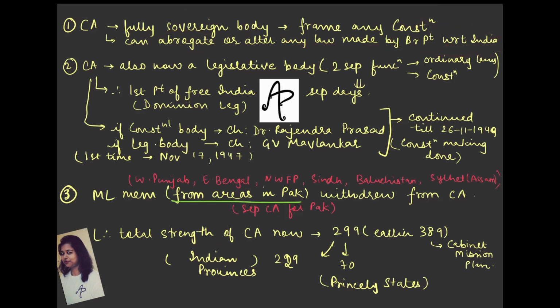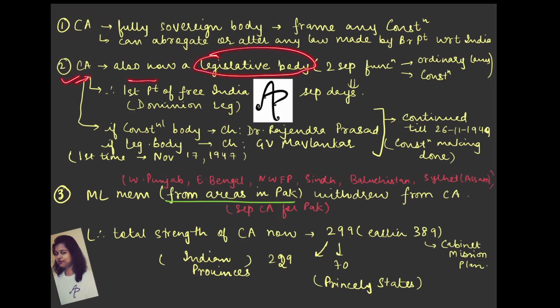तो इंडिया के रिस्पेक्ट में ब्रिटिश पार्लियामेंट द्वारा बनाया हुआ कोई भी लॉ अगर आप हटाना चाहो या चेंज करना चाहो, अब इस बॉडी के पास अधिकार था. Constituent Assembly also now became a legislative body, very important, and they can ask you in the prelims that this became a legislative body by the provisions of which act. So that was about Indian Independence Act 1947.